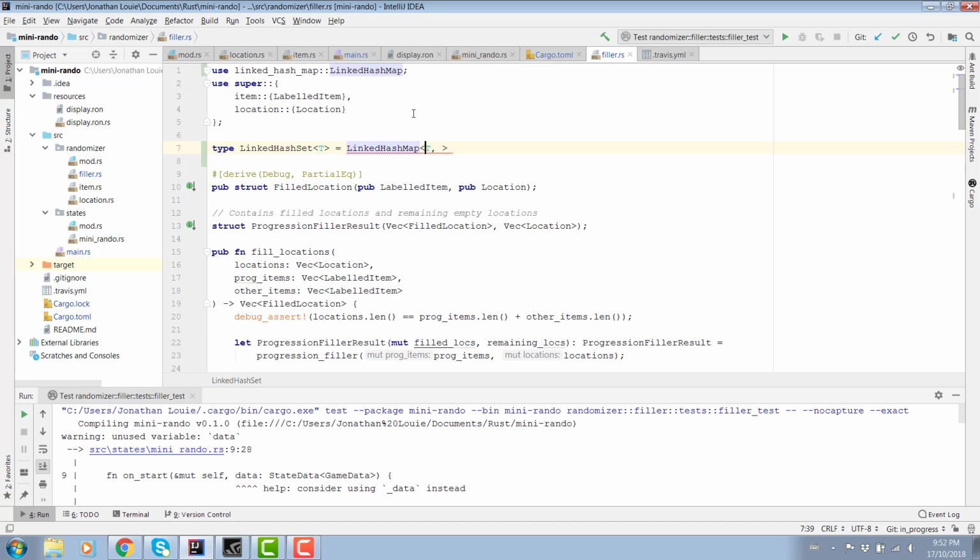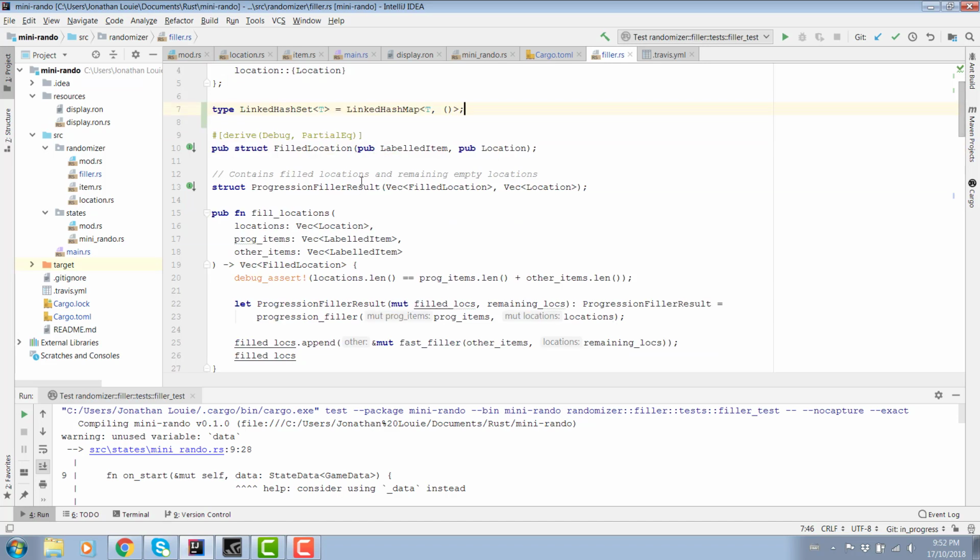I think this is what I want to do. There we go. Just took a little bit of time to pick that up, but now we have our own linked hash set.